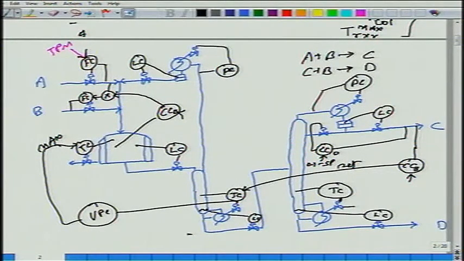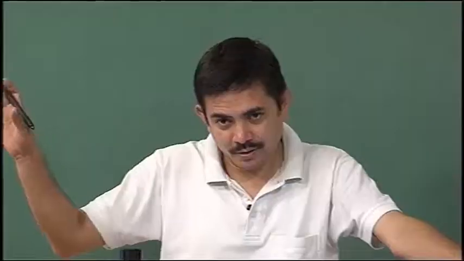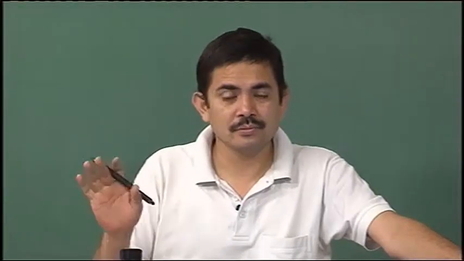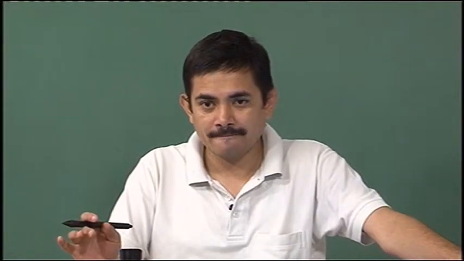Here the money is being made from C minus A and B. Energy does not contribute much, let us say less than 1%, less than 5%. 95% of the profit is coming from product minus raw material, and you are paying for the raw material. Raw material is expensive, it is not a dirt cheap, toxic-waste kind of raw material. Those kinds of industries have a very different economic scenario. Understood?